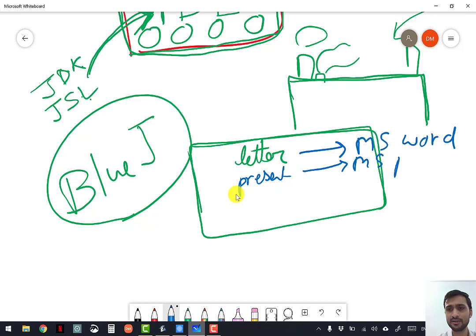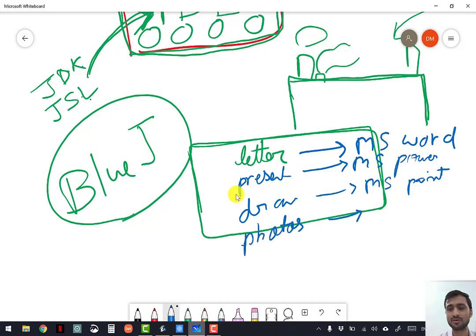MS PowerPoint. You want to draw something. How will you do it? MS Paint. You want to edit photos. How will you do it? Adobe Photoshop. Similarly, you want to write a Java program. How will you do it? You need BlueJ.